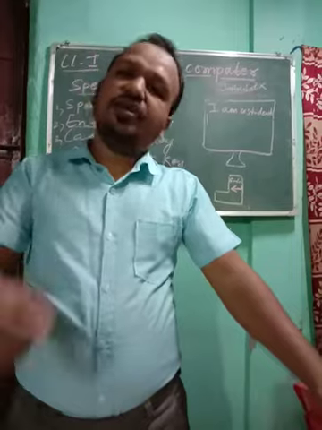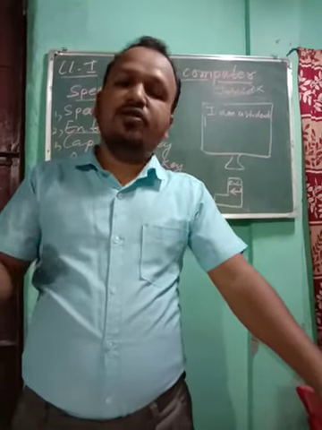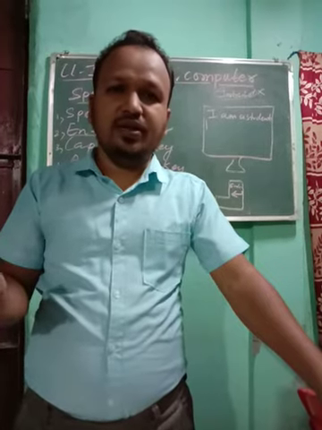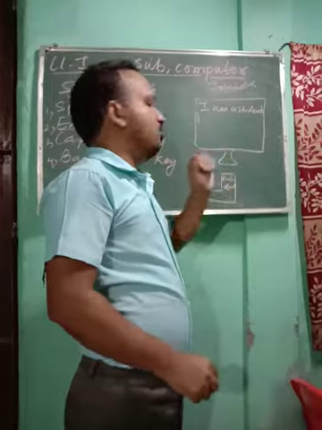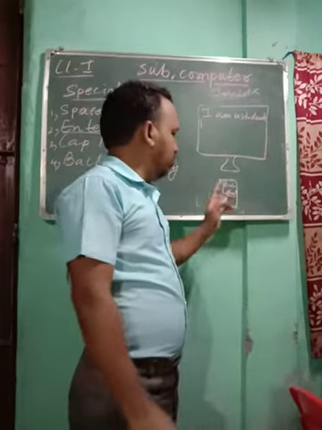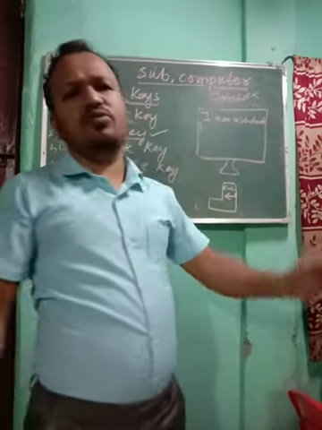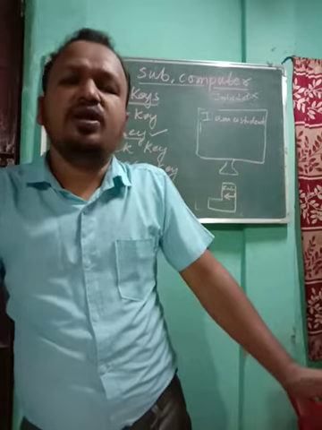So you see, when you're writing in your copy, if one line is over, then you go to the next line. So in computer, when your one line is over, you have to go to the next line. So what you have to do, children, always remember, you have to press the enter key. When you press the enter key, automatically you will go to the next line. So this next line will help you to write a sentence.